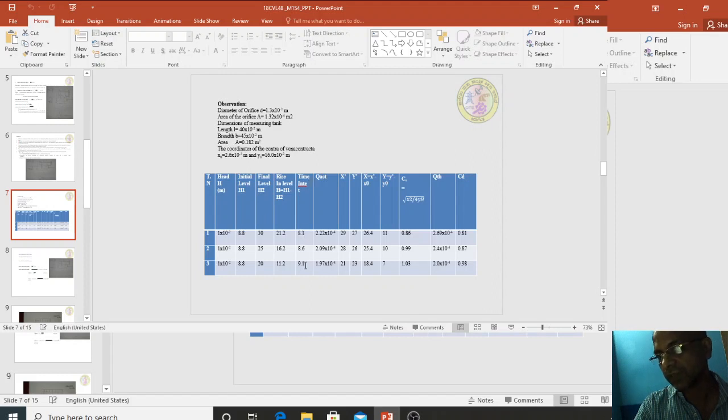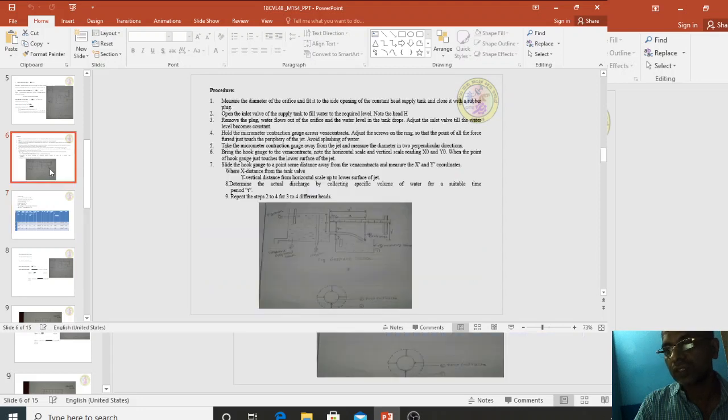Next, time taken, time interval, Q actual, x dash, y dash, total distance from the edge of the tank. So x is x dash minus x naught, as I explained earlier, y is y dash minus y naught, CV is x by 4yh, Q theoretical, Q actual, and calculate CD. Okay, so what we have to do here is, first trial, 25% valve opening we have to do, and